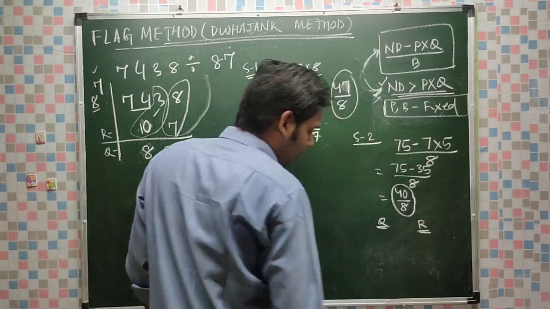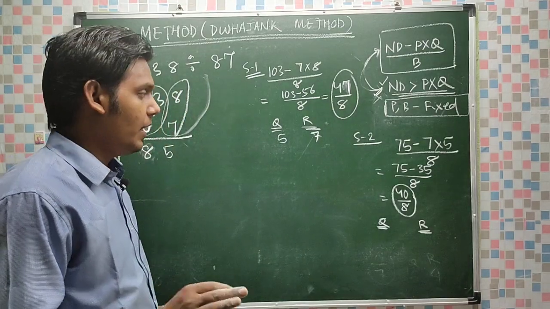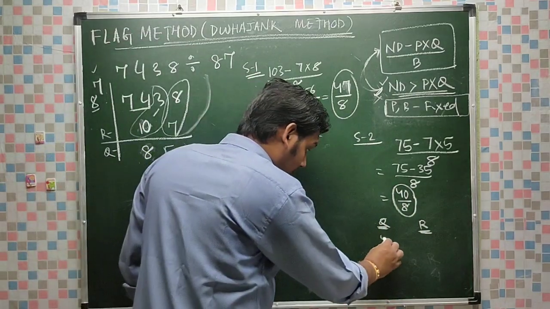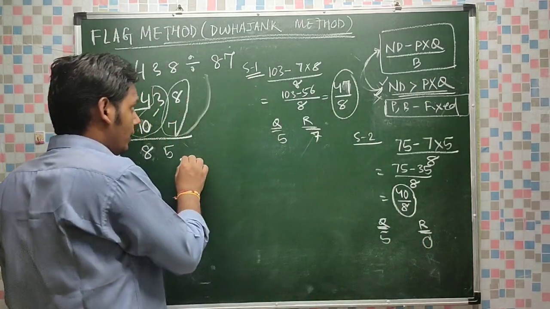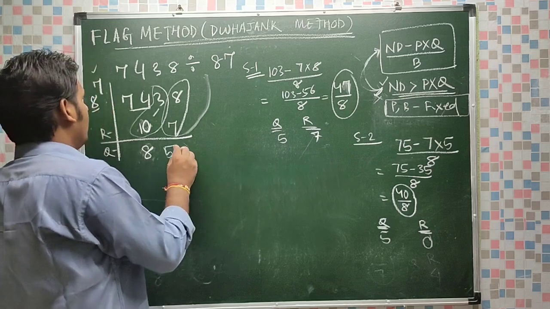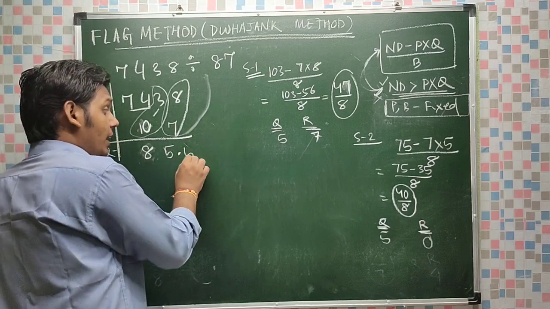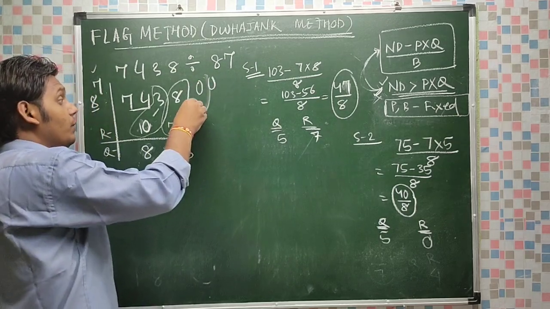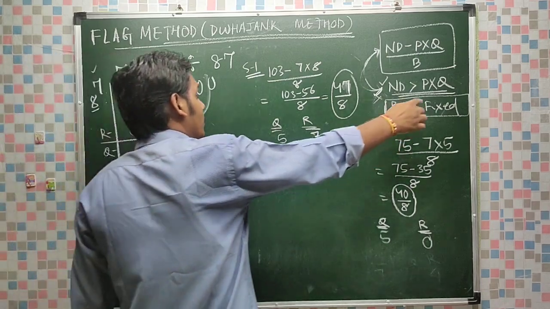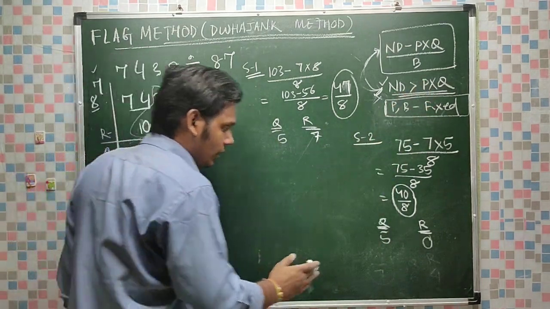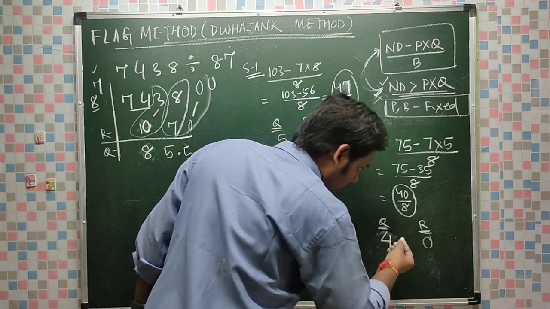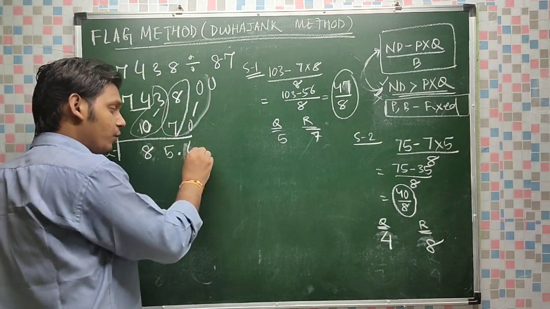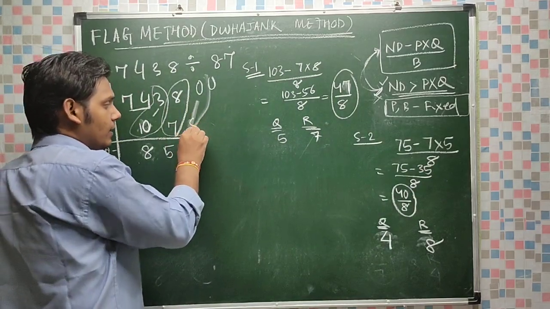Like I always told you, even if it is divisible, don't divide it fully, because this condition will not be satisfied. If I take 5 here and 0 here, then after putting the decimal point I can take 0. New dividend will be 0, and 7 fives are 35. This product will be greater, which we don't want. So what we have to do? We have to take 4 here. 8 fours are 32 and remainder is 8.